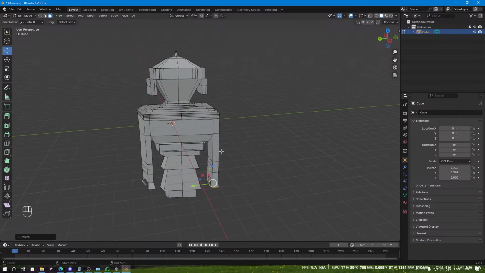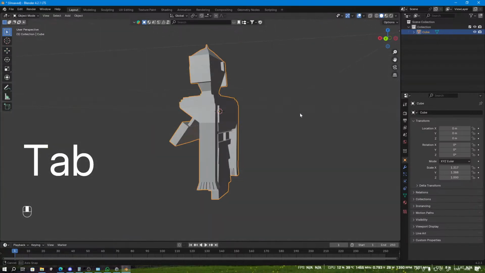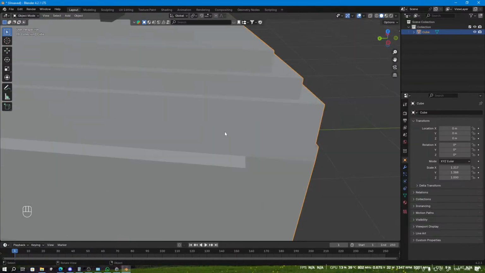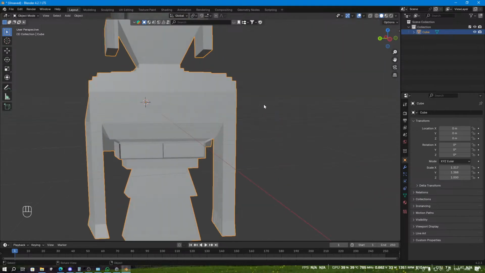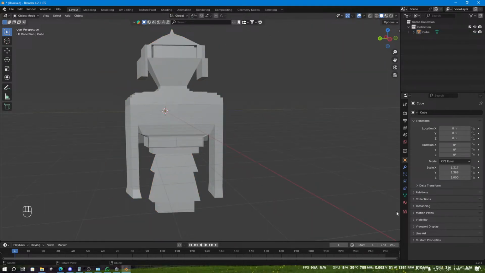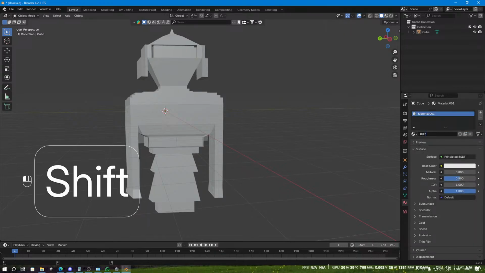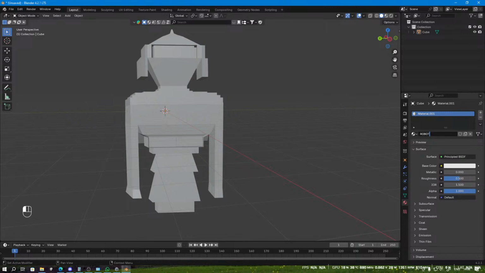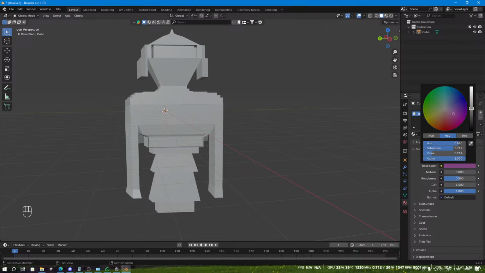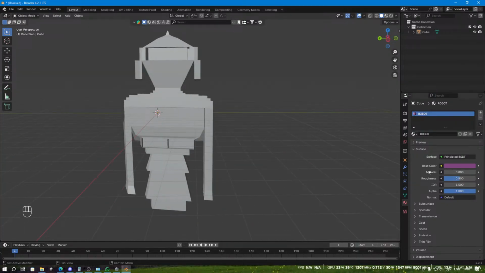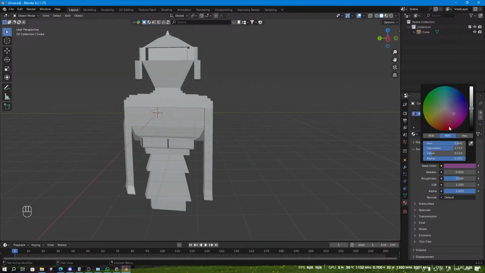Now what you can do after you create your 3D model, you can add different types of properties to it. To do that, let's create a new material, name it robot, and for simpler items you can just add a color and it will be auto applied to it. For some reason you will not be able to see the color of the robot initially, because there are